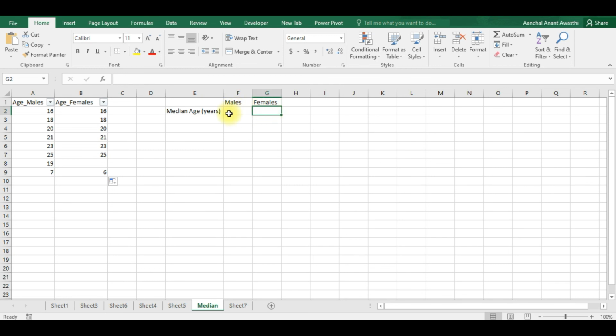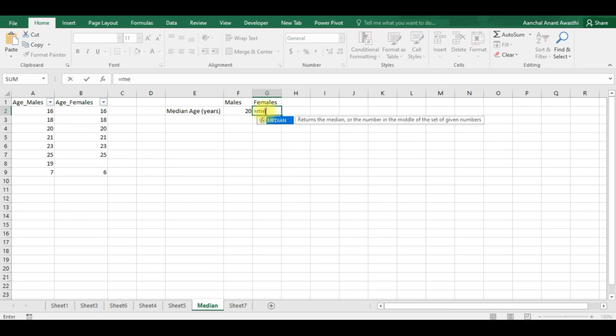For computing median in Excel, we don't need to count the total number of observations. We can simply write equals median, and we select the range. So median for males is 20 years. Similarly, we can compute median for females.